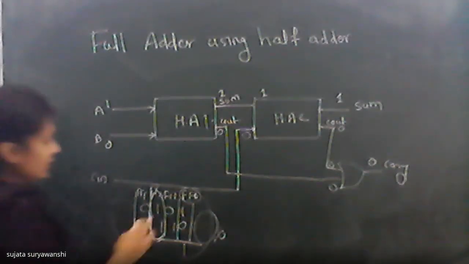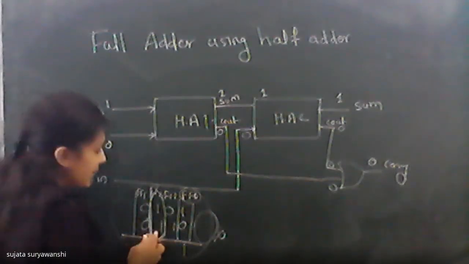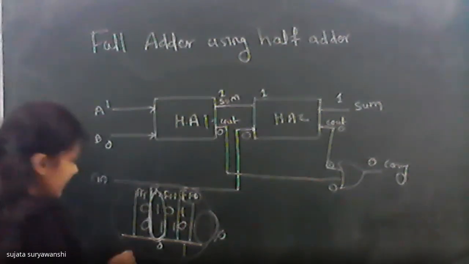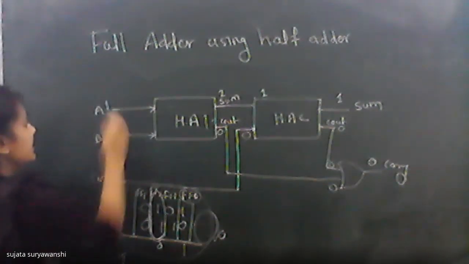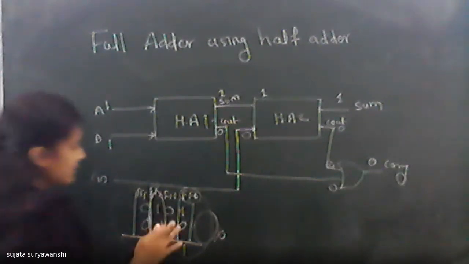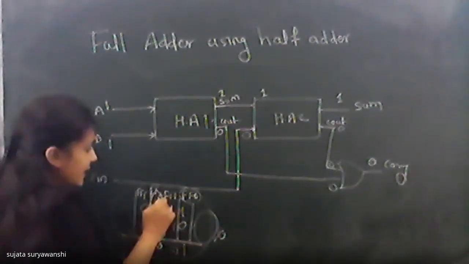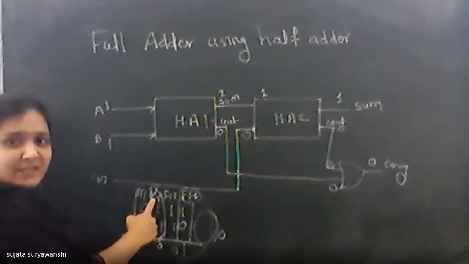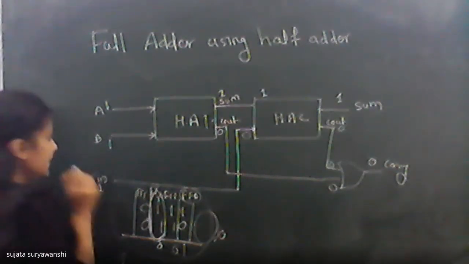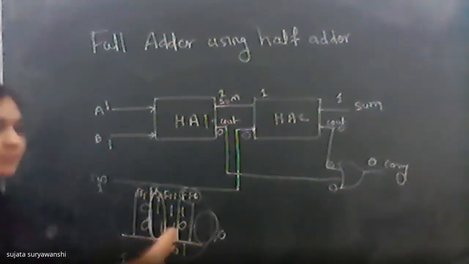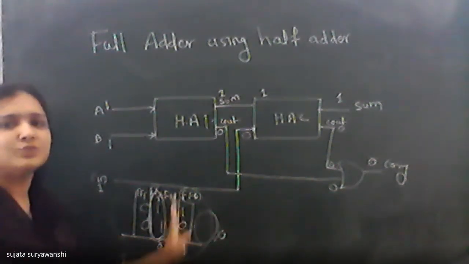Okay. So here 1 plus 1: sum is 0, carry is equal to 1. Here 1 plus 1 output is given, and suppose this is also 1. Then 1 plus 1 is 0, carry is 0. Previous carry is 1, which means Cin is also 1, which is coming from the addition of the previous two digits.